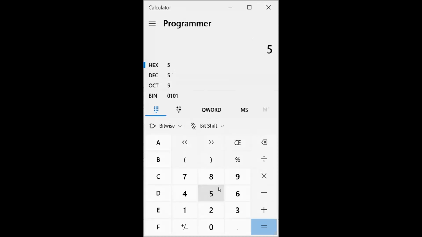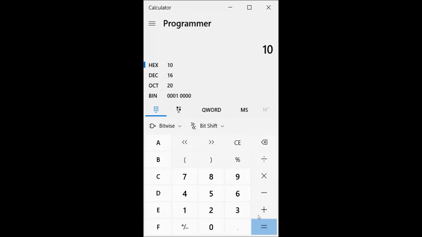In the same way, 5 star 5 is 25 in the decimal we use in our day-to-day life, and 19 in hexadecimal. Next, 6 star 6 is 36 in decimal, 24 in hexadecimal. 7 star 7 is 49 in decimal, 31 in hexadecimal. 8 star 8 is 64 in decimal, 40 in hexadecimal. 9 star 9 is 81 in decimal, 51 in hexadecimal.